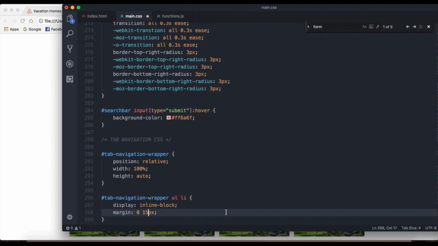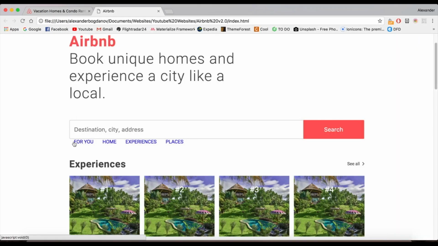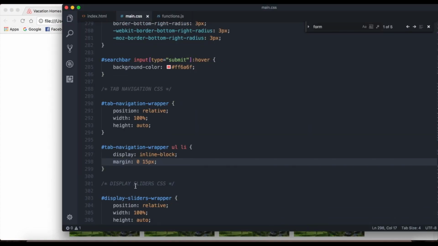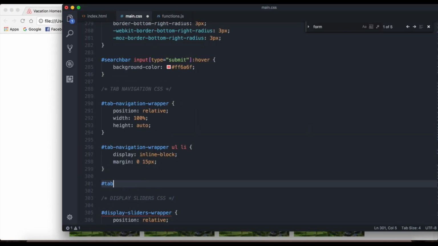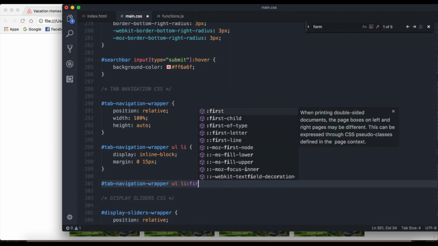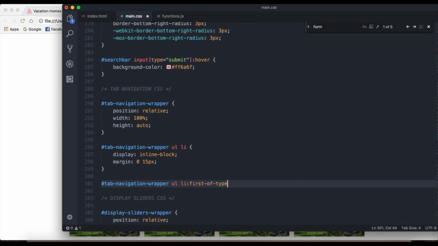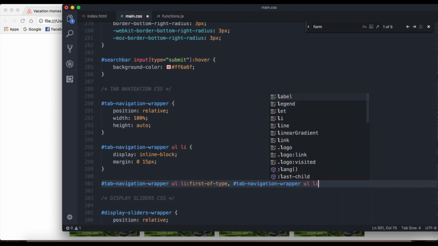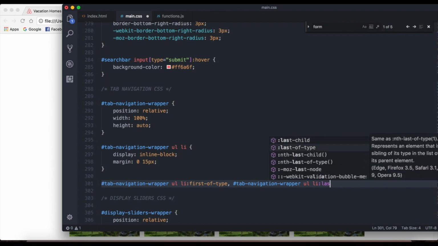No, it was 15. And then, but you can see that the first one is also indented, and we don't want that, so we're just gonna target the first one. So tab, navigation, wrapper, ul, li, first of type, and then the last one is also tab, navigation,